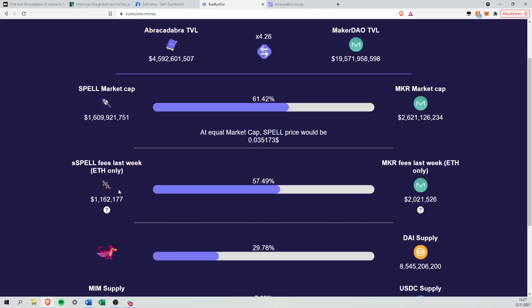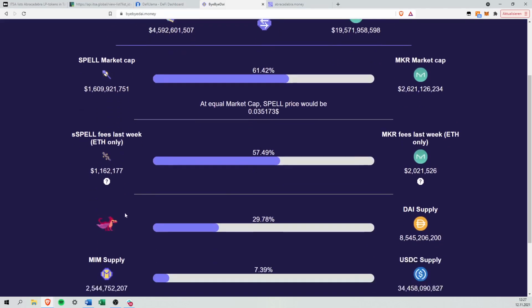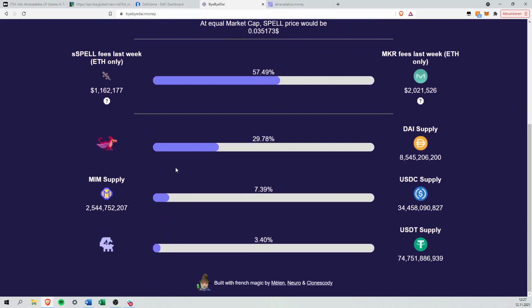of fees. So one or two weeks ago, we saw here over 2.5 million fees generated, while basically having just 1/4 of the total value locked of MakerDAO. So the fact that you can use interest-bearing tokens seems to have also a very huge effect on the profitability of the whole protocol. And if we go now a bit more down, we see here the market capitalization of